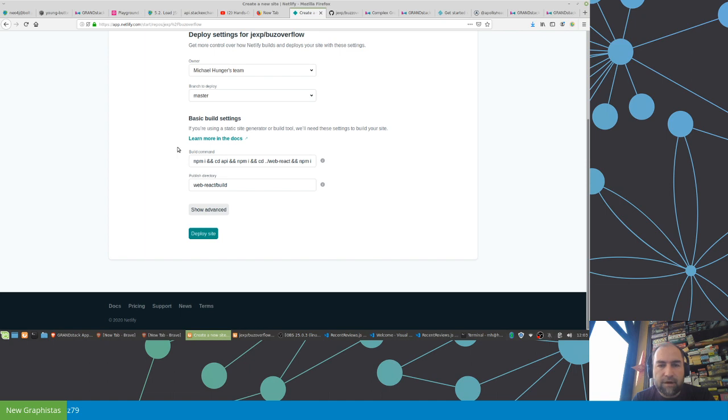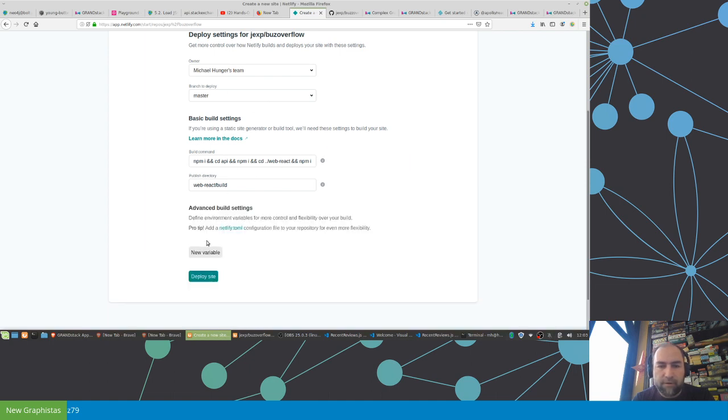And you see that this is built from master, the build commands it already picked up, and then at once we have to add 3 new variables, which is Neo4j URI, Neo4j user, and Neo4j password. And these 3 we just copy from Sandbox,